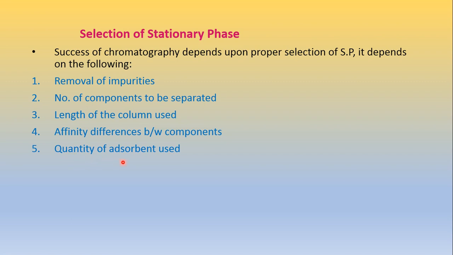Now the quantity of adsorbent used. How much quantity we have to apply for this column also depends on, and shows, how and why we use a specific stationary phase, and which type of stationary phase we have to apply. Overall we can say that it depends on the amount and nature of the sample. Okay,